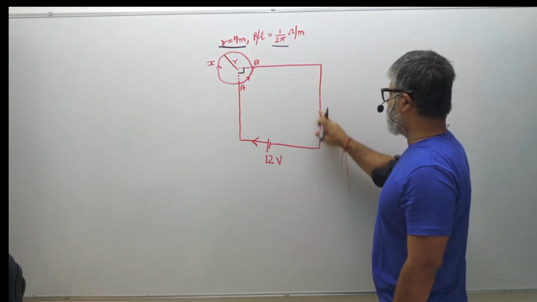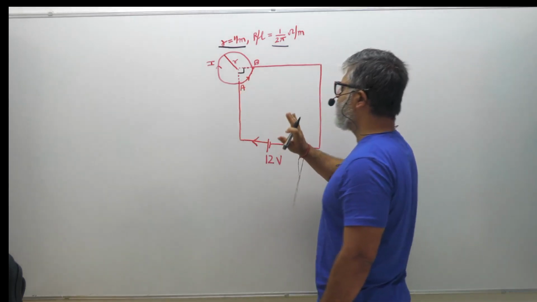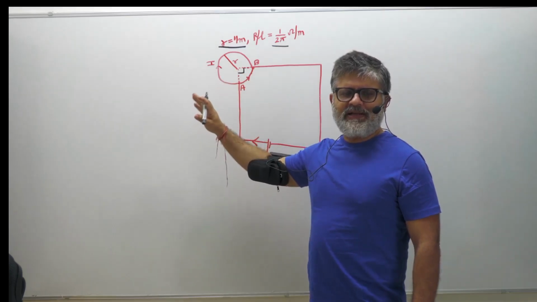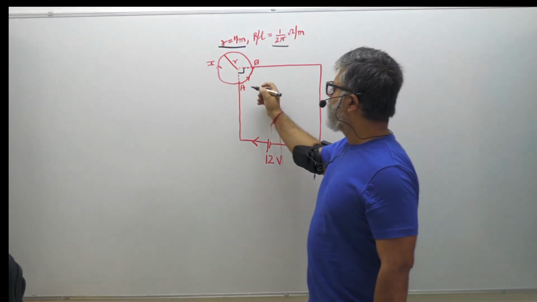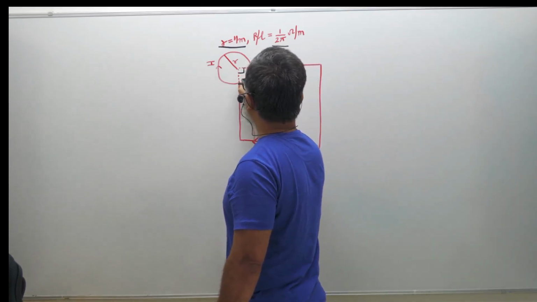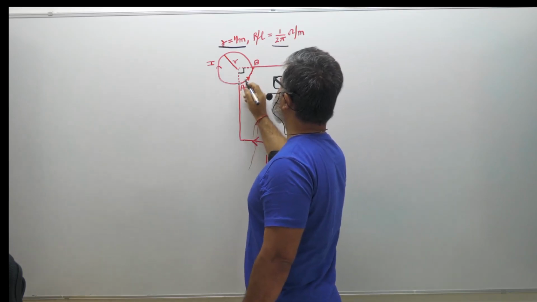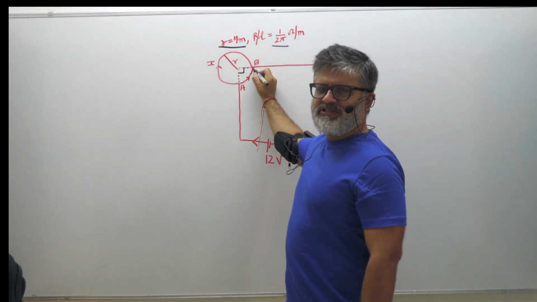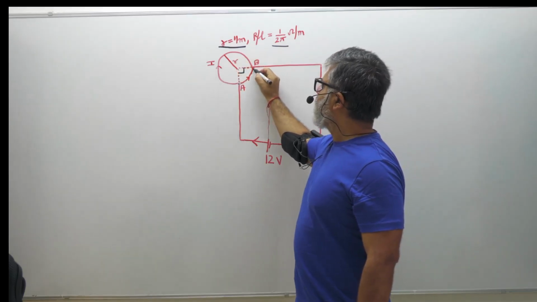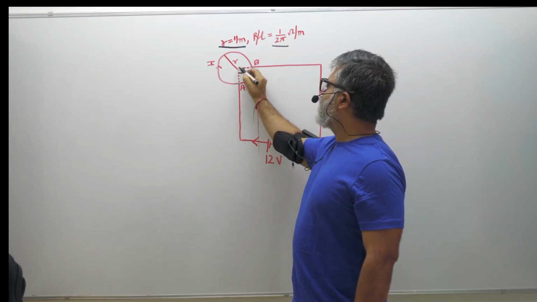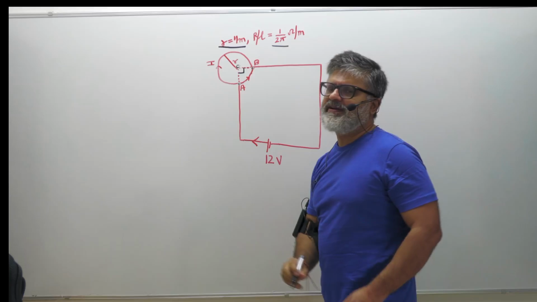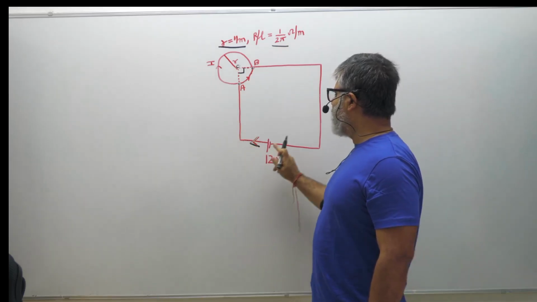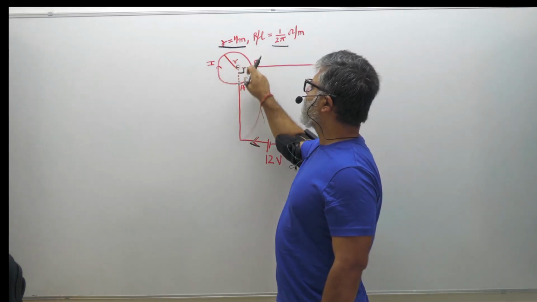The square part which you see doesn't have any value except the fact that the battery is connected to the circle. How is the battery being connected? The battery is coming and getting connected here. The positive terminal is connected at some point on the circle, which is A, and on the other side, it is connected to the circle, which is actually a resistance, at the point B, in such a way that the angle AOB at the center is 90 degrees. The question is, what is the total current which is being drawn from the battery and is entering this circuit?